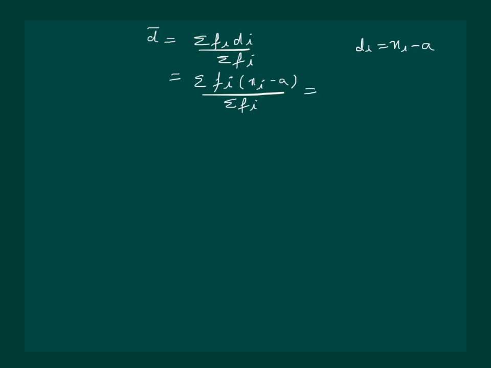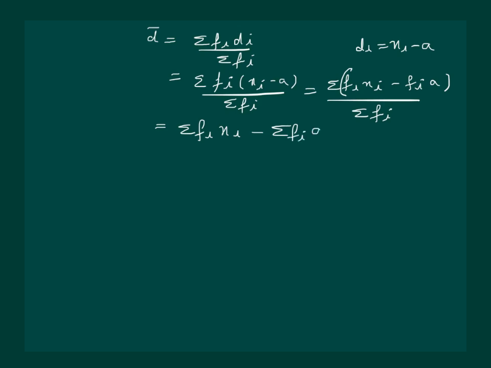Open the brackets here. We get summation fi xi minus fi into a whole by summation fi. This can further be solved as summation of fi into xi minus summation of fi into a whole by summation fi,